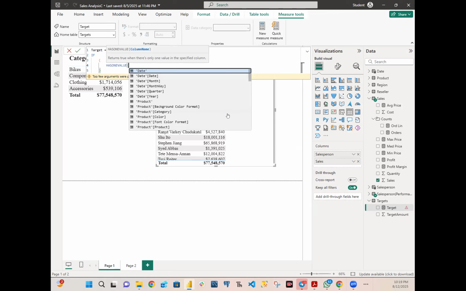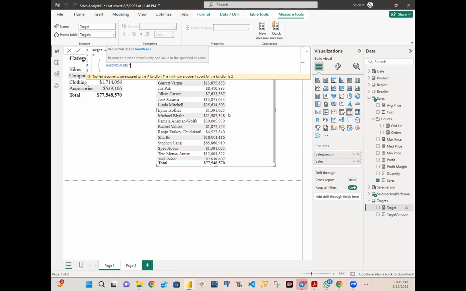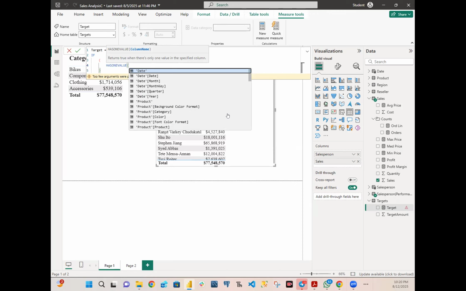Open bracket for it. And what is it doing? We are saying the salesperson's